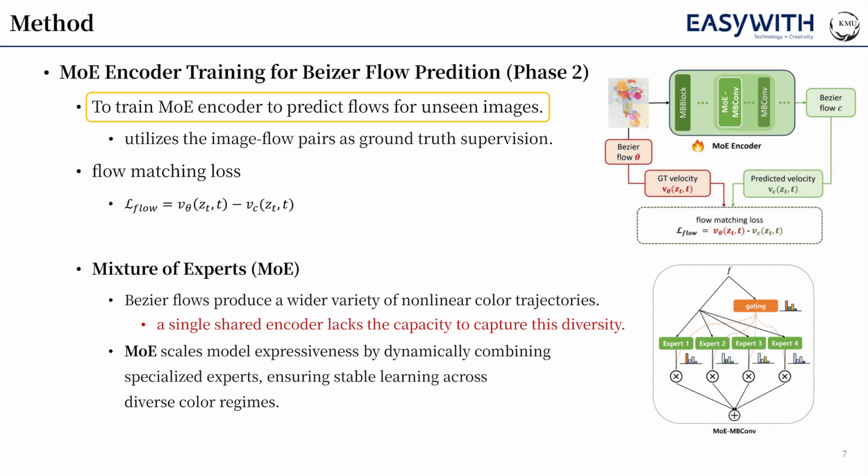Now, the objective of Phase 2 is to train the encoder so that the network can instantly predict the appropriate nonlinear flow, even when given an entirely unseen image. To achieve this, we use the flow dataset constructed in Phase 1 as our ground truth for supervised learning. However, a single shared encoder lacks the capacity to capture the sheer diversity of the Bezier flow. To solve this, we introduce a mixture of experts mechanism, extracting rich feature maps packed with spatial details and color